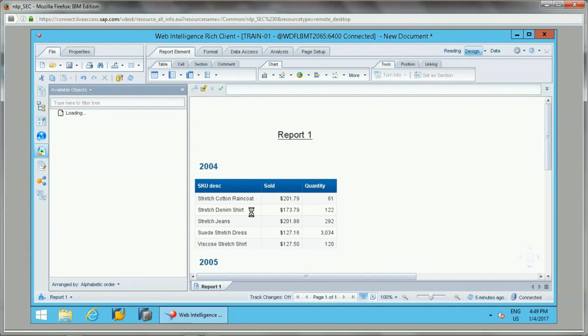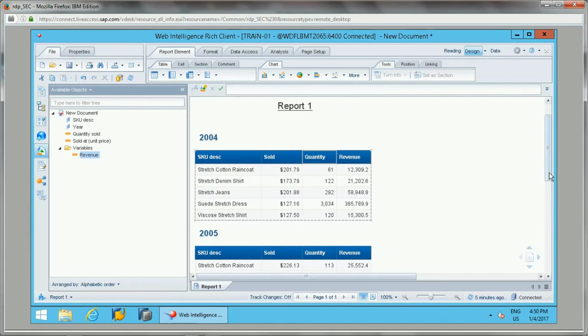So now I can get this revenue variable to be displayed in this table. If I drag this here on the right of the quantity, you will get the data, whatever the value is which is getting multiplied here.